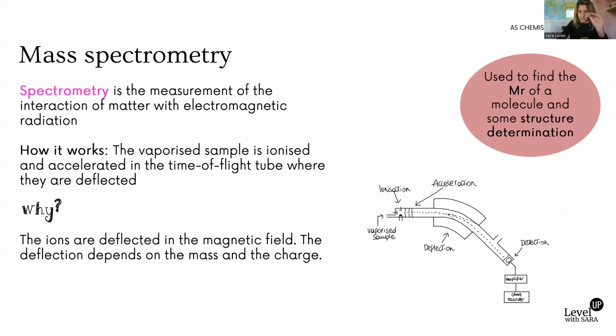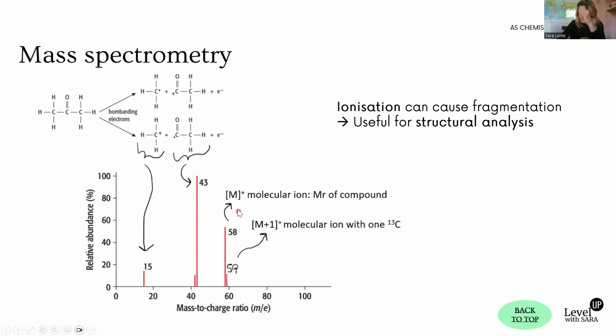I'm not going to go through it now because I think it's exhausting at this point, but the single most important thing to do with it in organic chemistry is that it's used to find the Mr of a molecule for structure determination. This means that you're looking at the molecular ion, which is the heaviest one. This is the most important information you get from the mass spectrometer. Then, of course, you can get a little bit of structural information